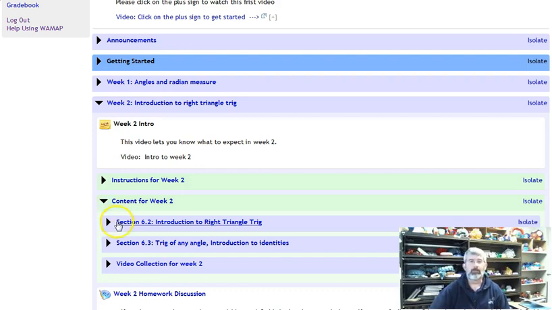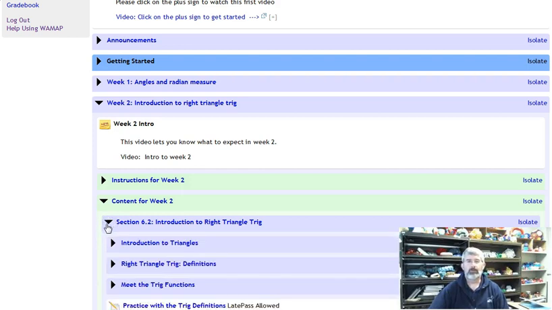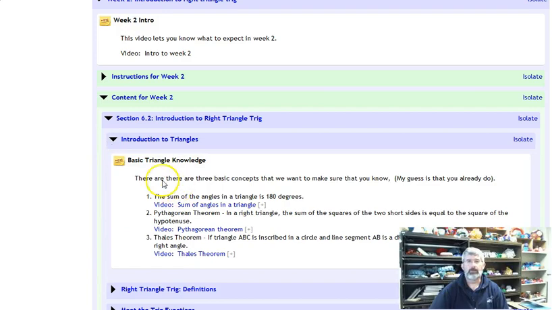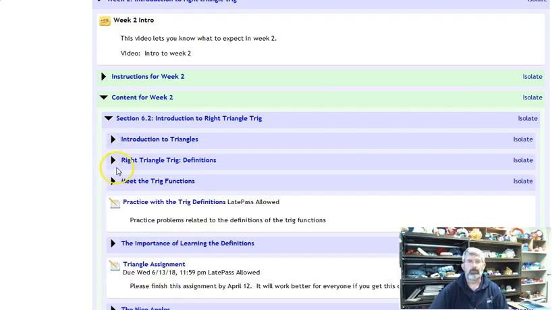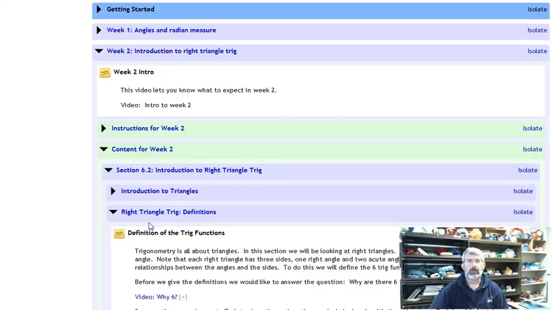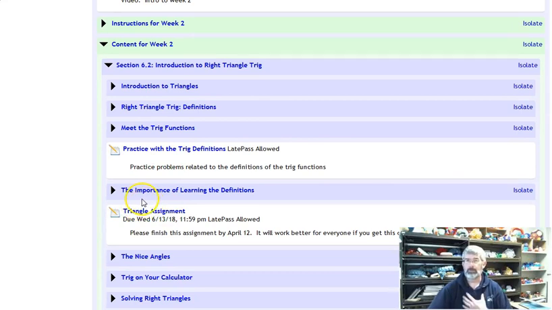I have some exercises, some things for you to do to help you learn them. In section 6.2 here, there's an introduction to triangles, the right triangle definitions. These each have some videos to watch and some problem sets to work on. But anyway, there's some practice problems, but of great importance to me, and I think to you in your learning,